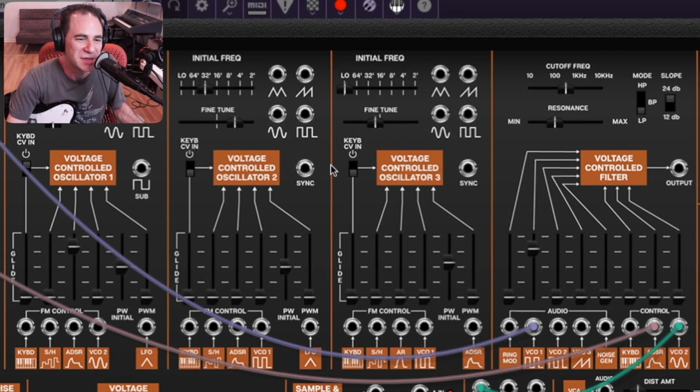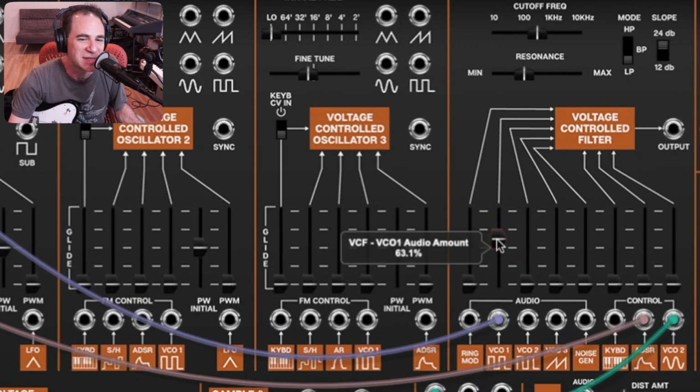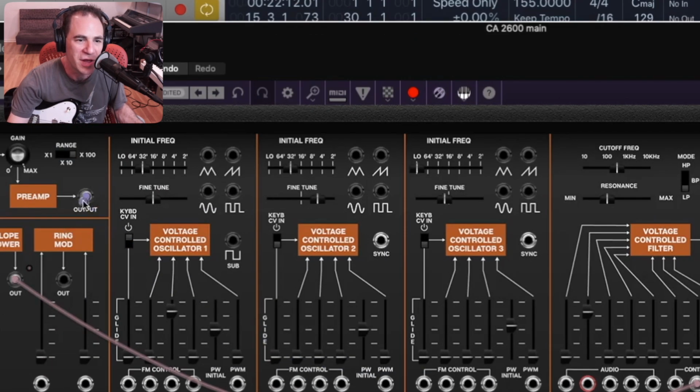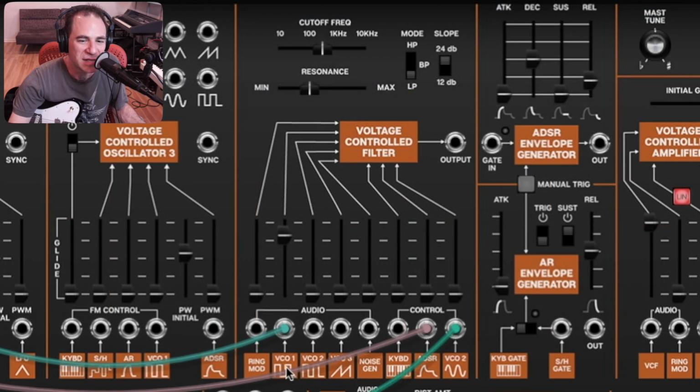This sound doesn't use the oscillators at all. The oscillators are completely disconnected. You can see I have this fader over here up where it says VCO1, but I have this patch cable running from the output of the preamp. In fact, if I mess with that, you can hear the oscillator. It overrides the normalized VCO1 connection, so now I'm getting the preamp going to the filter,